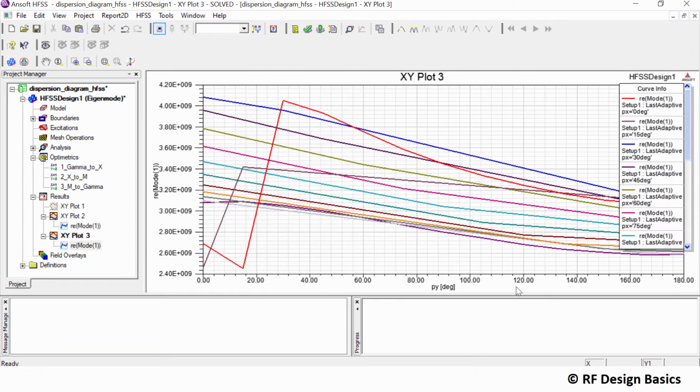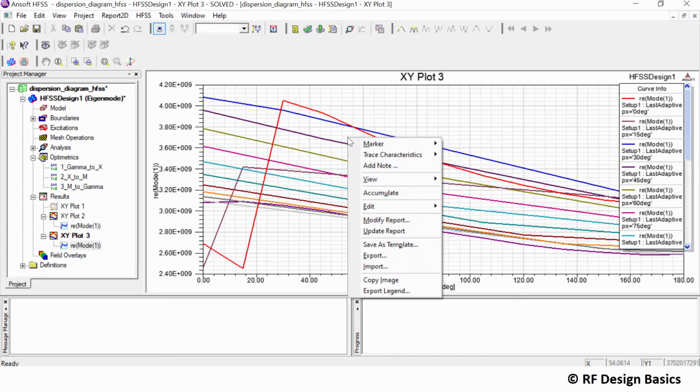Once you click the new report, you have the simulation result. Right click on this and export it, because here we cannot plot it. This is between only 0 to 180 degree, and for various cases all these lines are there. We have to use this in graph plotting software, or in Excel we will put it, and then we'll show how to plot it.